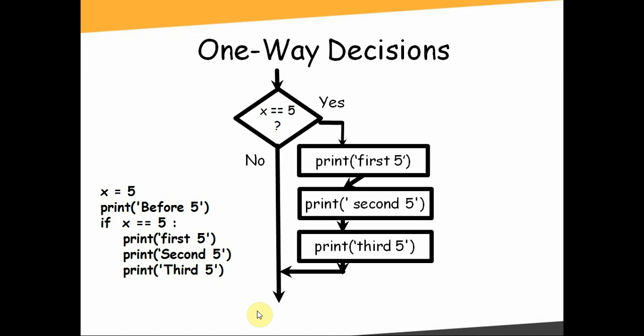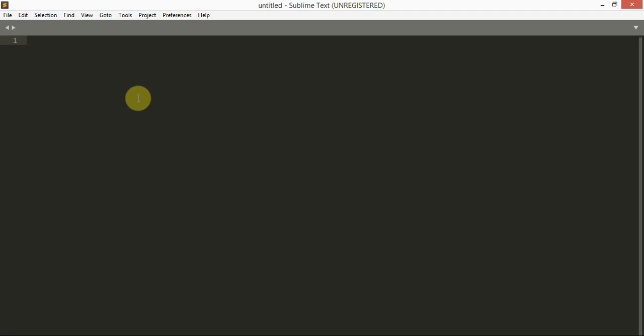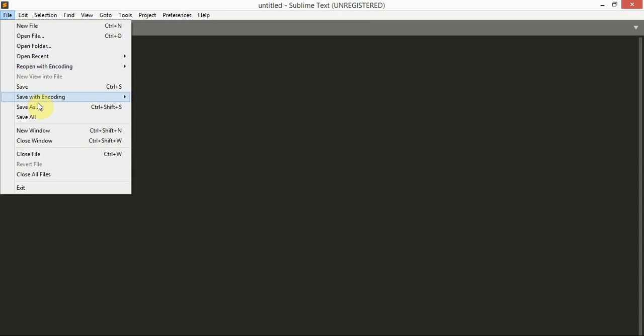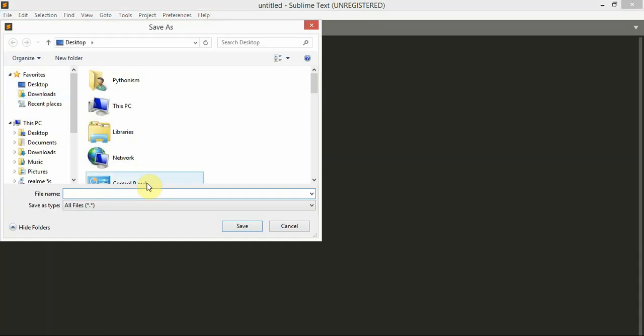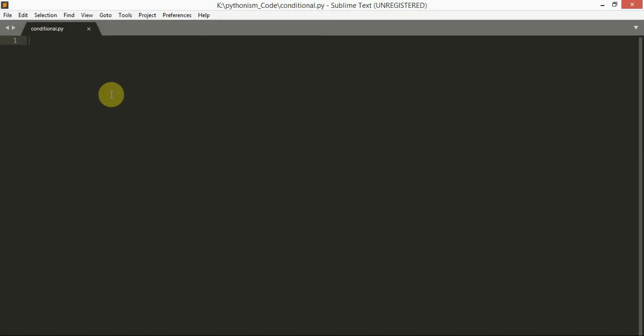First we will see some demo, then you will understand. So open Sublime Text. First save your file. I'm going to say conditional.py. First we will see x equal to 4. Here I am assigning the value 4 to the variable x.